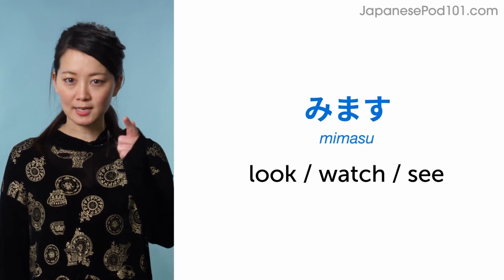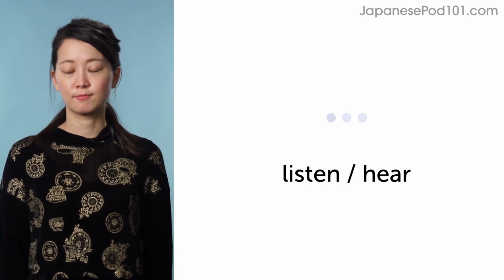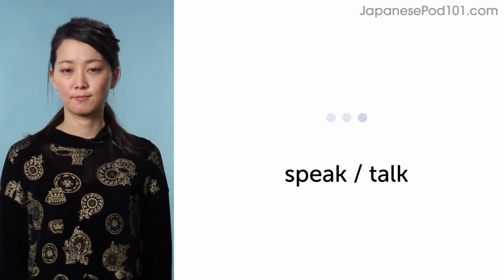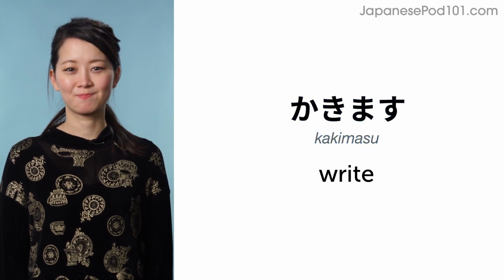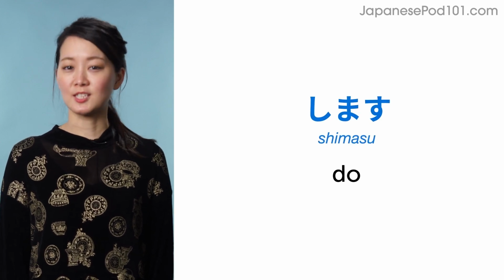And how to say look, watch, see? 見ます。Do you remember how to say listen, hear? 聞きます。And how to say speak, talk? 話します。Do you remember how to say write? 書きます。And how to say read? 読みます。Do you remember how to say do? します。